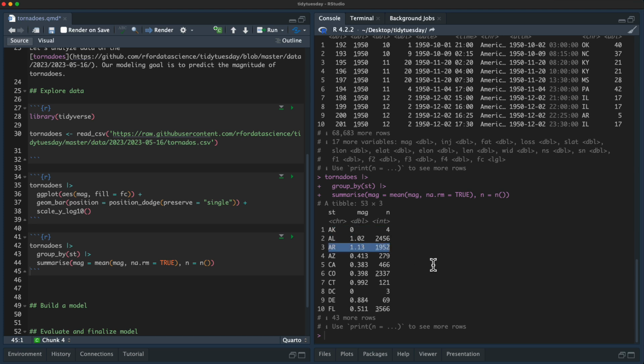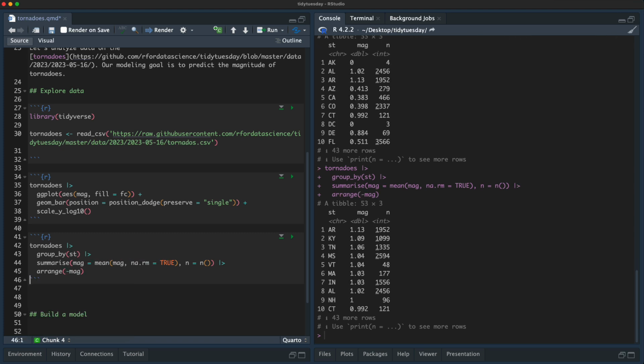Very big contrast to, say, Arkansas, which has a lot of tornadoes, and also they're more extreme. So this state, it's like a measure of location, right? We can see here that we have quite dramatic differences in how extreme tornadoes are in these different states.